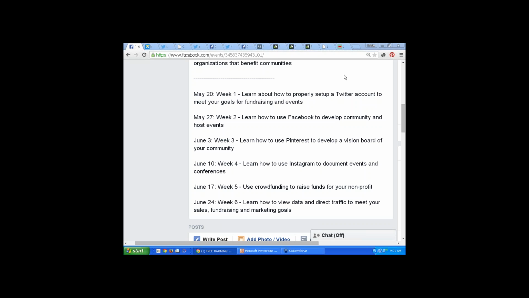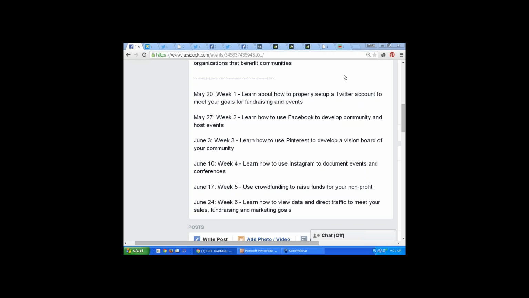So the first part of the series is that we're going to learn first about Twitter. The reason why we start with Twitter on week 1 is because Twitter functionally has the most open platform for recruiting traffic. And what that means is that Twitter is designed for people to connect quickly and effectively. So we're starting with Twitter because it's the easiest to determine results.